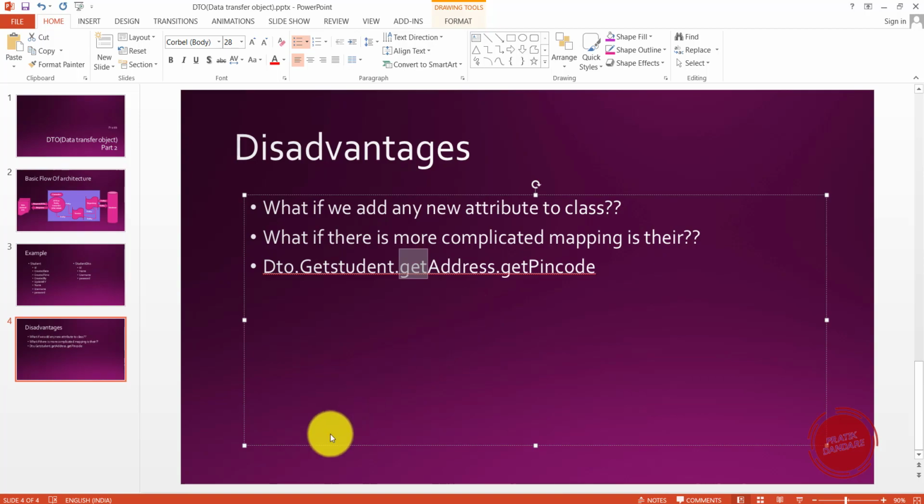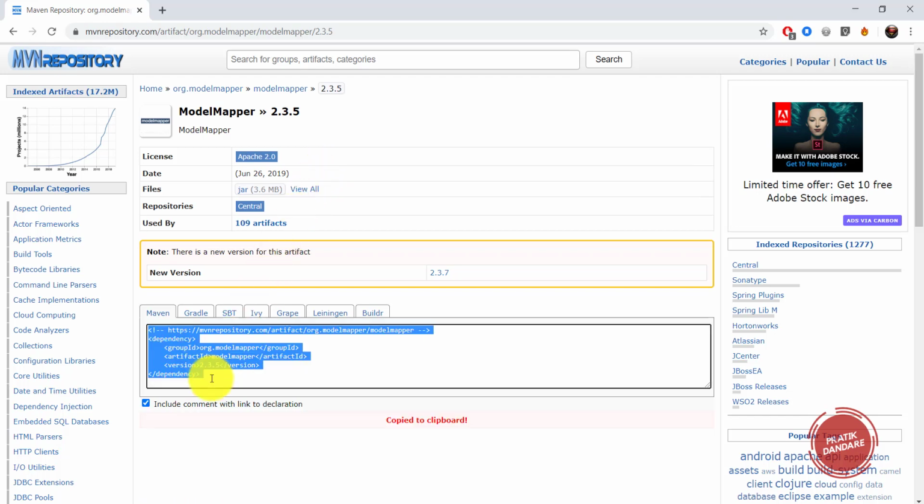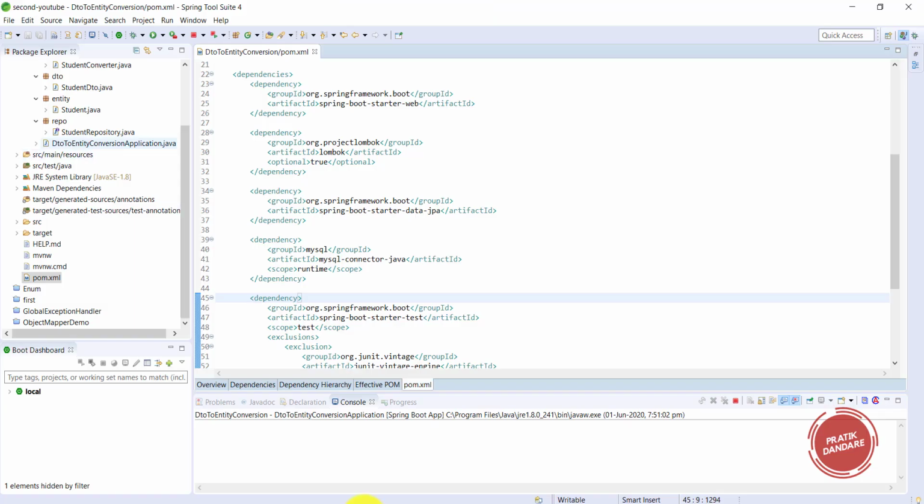For that purpose, you just need to go to the Maven repository and search for ModelMapper, or Google it, ModelMapper dependency. This is the dependency I want to add. Just copy it and paste it into your pom.xml.